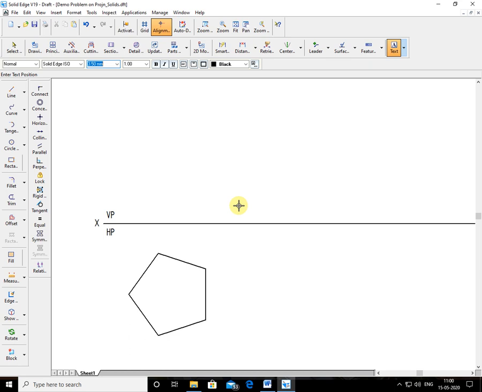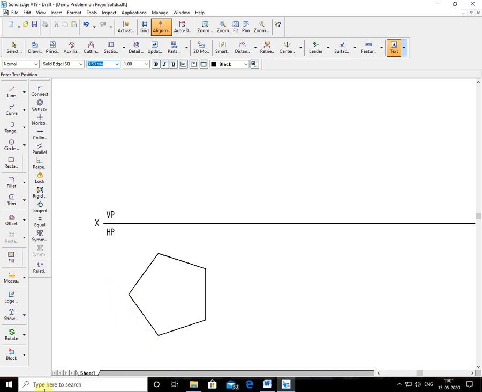Depend upon the corners, the top face will be A, B, C, D. In that way, naming will be done. So here in the pentagon prism, I hope you can imagine 3D. At the bottom base, I am naming A1, B1, C1, D1, E1, and the top is A, B, C, D, in that way. So I'll name it here.